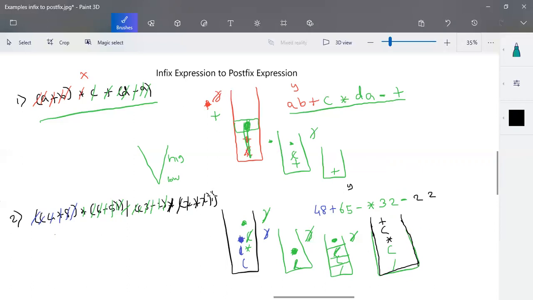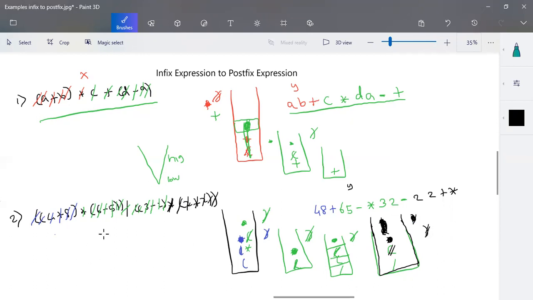And next comes your close bracket. So whenever a close bracket is there, what do we do? We pop the topmost element of the stack and add it over here. So we'll be popping out any number of operators present on the top, until the open bracket is there. So for this close bracket, this open bracket will be cancelled off. Now the next element to be scanned is another close bracket. Another close bracket, what do we do? We pop out the topmost element of the stack, and the topmost element of the stack consists of star. Star will be popped out and added to the postfix expression. And for this, the open bracket will be cancelled.